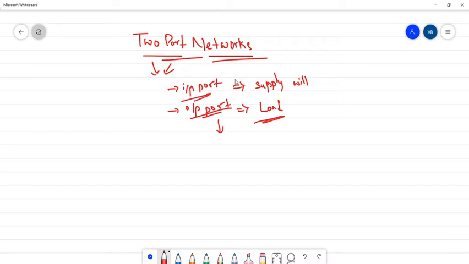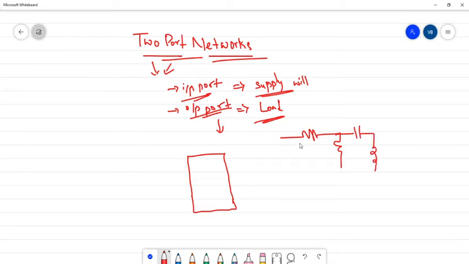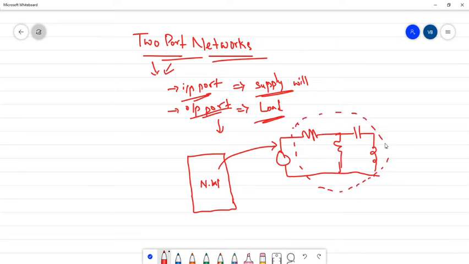At the input port, in order to operate the circuit or analyze that circuit, we are going to connect some supply voltages to that particular network. In previous cases also we have seen that any network we represent in a rectangular box, right? Having resistors or capacitors or inductors, whatever circuit we have with the sources, the entire circuit we are going to replace with a network. Here network means that internally it has this type of construction. This is a network without connecting a source. Let us take this entire thing and represent it in a block.